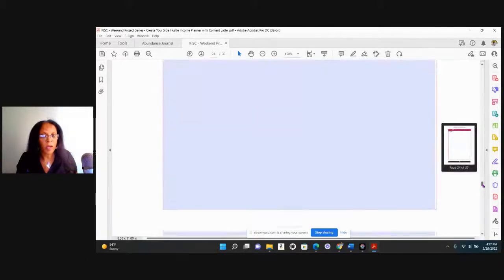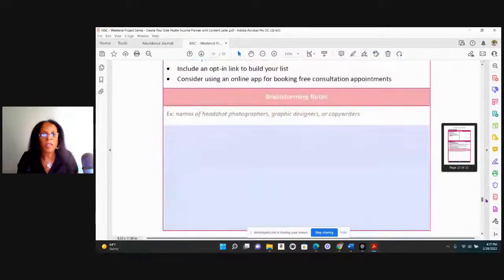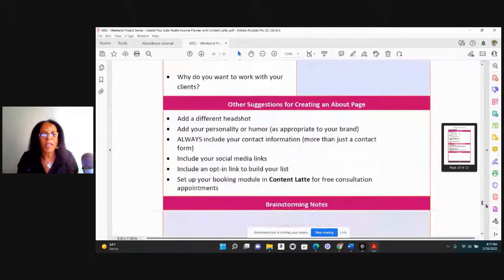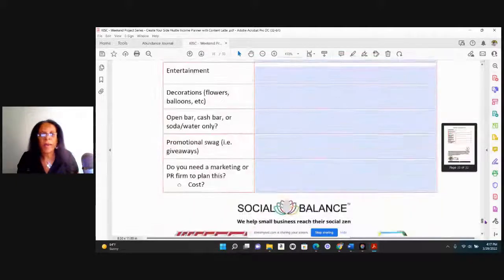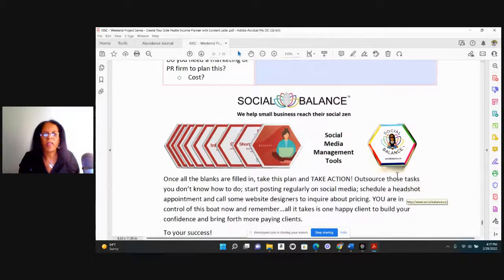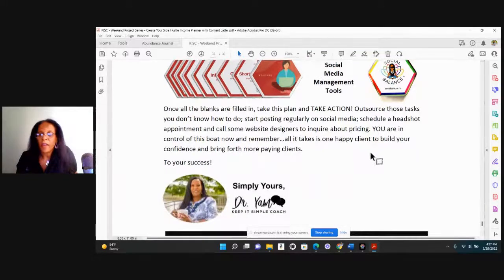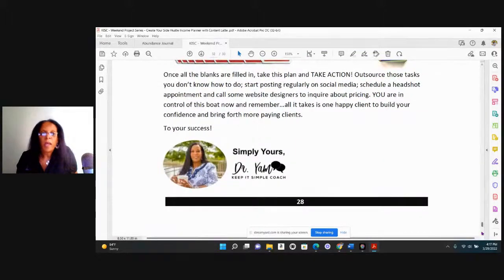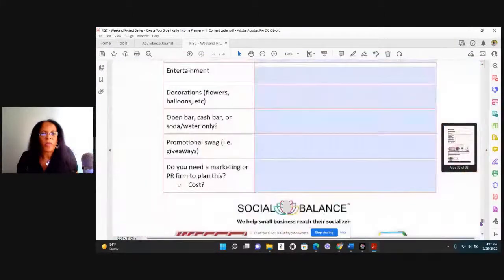And then at the back end, typically what I do is again, take advantage of all the real estate that you have in any of your lead magnets themselves. So here on the back, I'm just trying not to make you dizzy. Here you go. Here again, talk about social media. Here's another product and an opportunity to take advantage of, and they can check out that particular social media management tool that I use and promote. And last but not least, you have your back cover. And you can also add any information or links there as well.